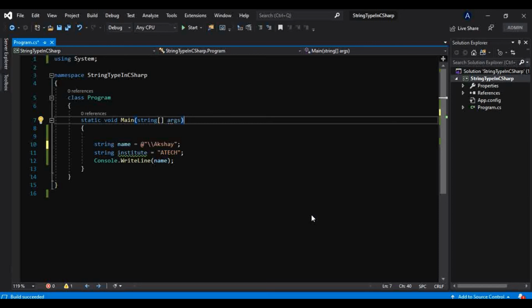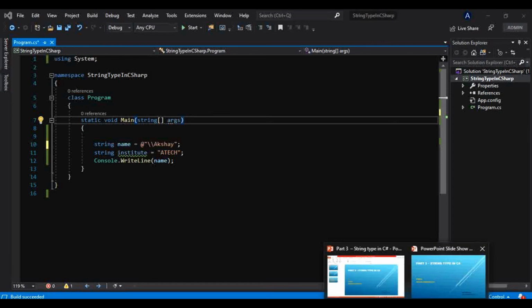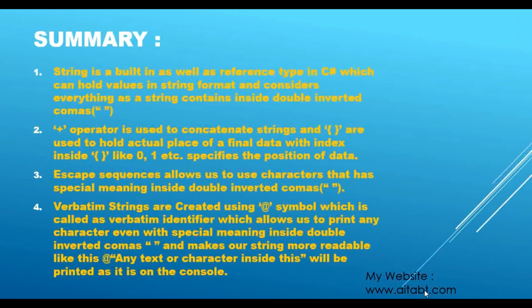Let's quickly see the summary, and that's it for today. It says: string is a built-in as well as a reference type in C#, which can hold values in string format, and it considers everything inside double inverted commas as a string.